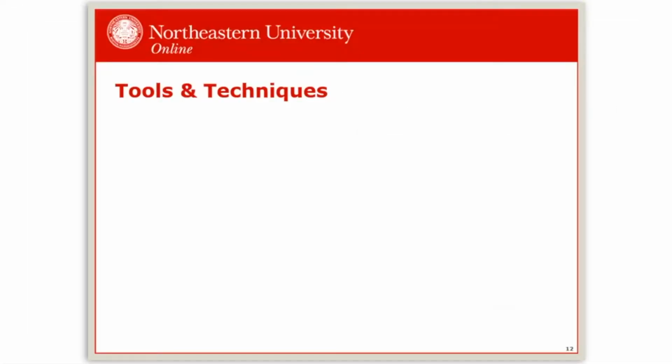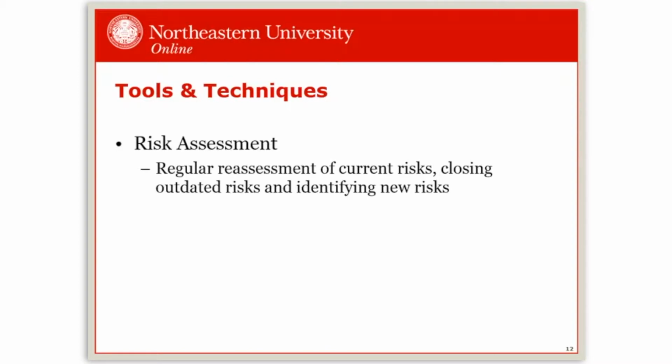Some tools and techniques used in monitoring and control include risk assessment, generally led by the project manager with the risk owners and the project team regularly. Maybe this is something you talk about in your status meeting. Existing risks should be updated with any new information, and that should cascade to include updates to other components, the contingency reserve, your expected monetary value